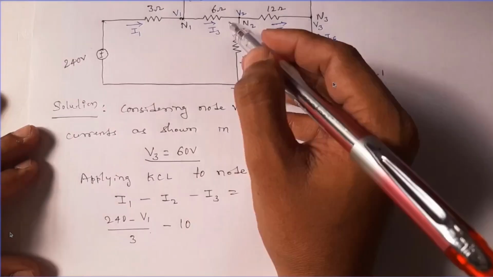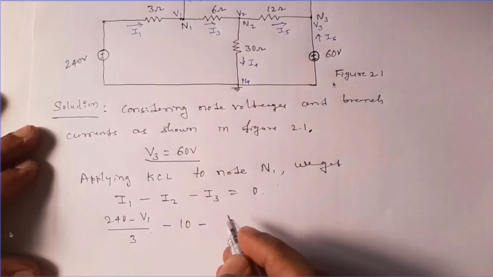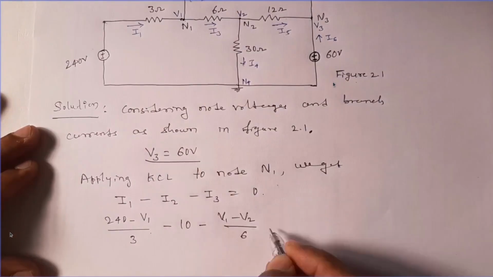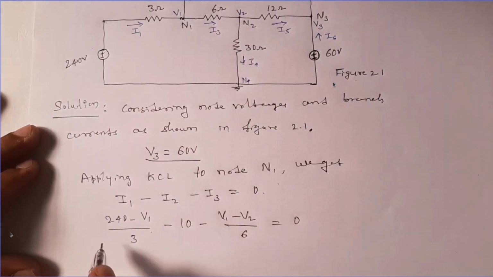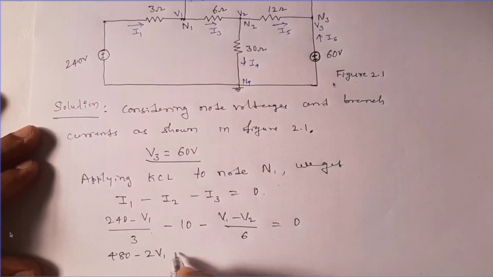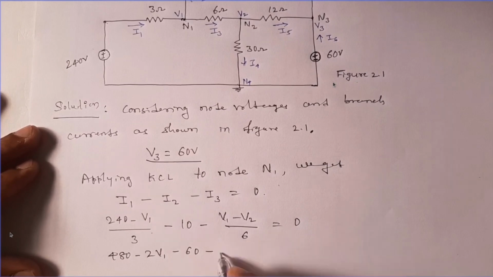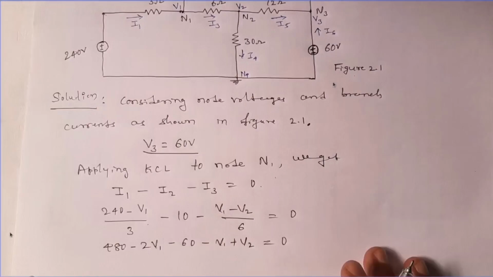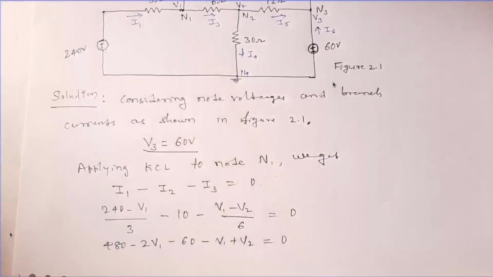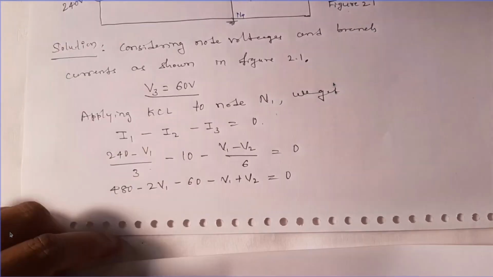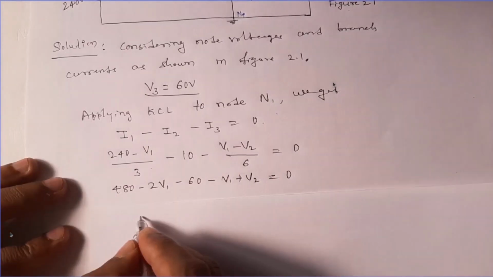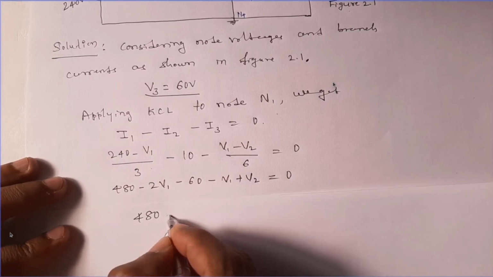And minus I3, which is (V1 minus V2) divided by the resistance 6, is equal to 0. So if I take LCM, it is 480 minus 2V1 minus 60 minus V1 plus V2 is equal to 0, right? If I continue further, it is 480 minus 3V1